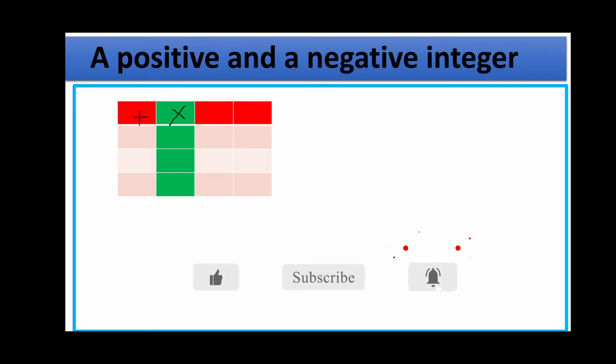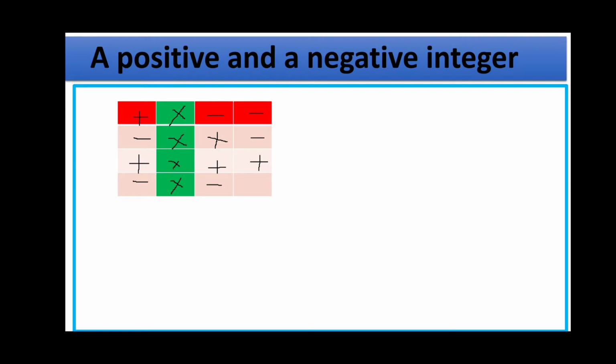Always, whenever you are multiplying any integer, you should know the rules. Let us see the rules. If a positive integer is multiplied by a negative integer, it will always give the sign minus. And when you multiply a negative integer by a positive integer, it also gives a negative, that means minus sign. And plus into plus always gives a positive, that means plus sign for your result. Next, minus into minus always gives plus.